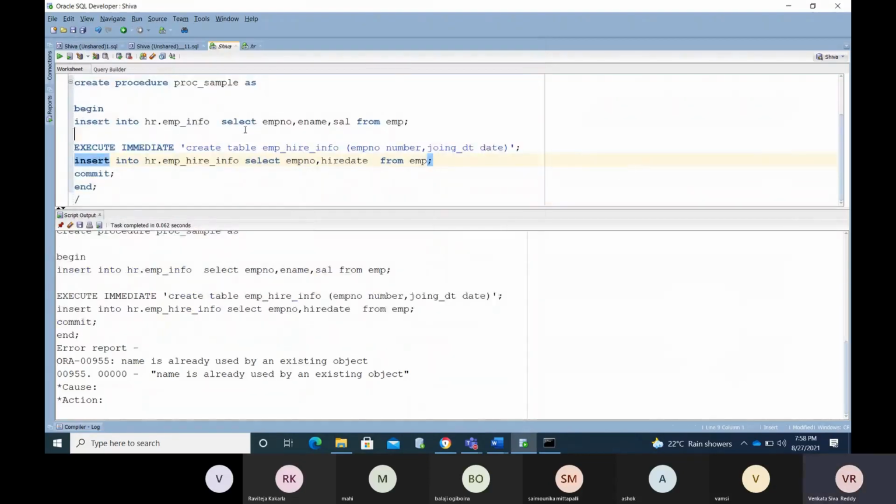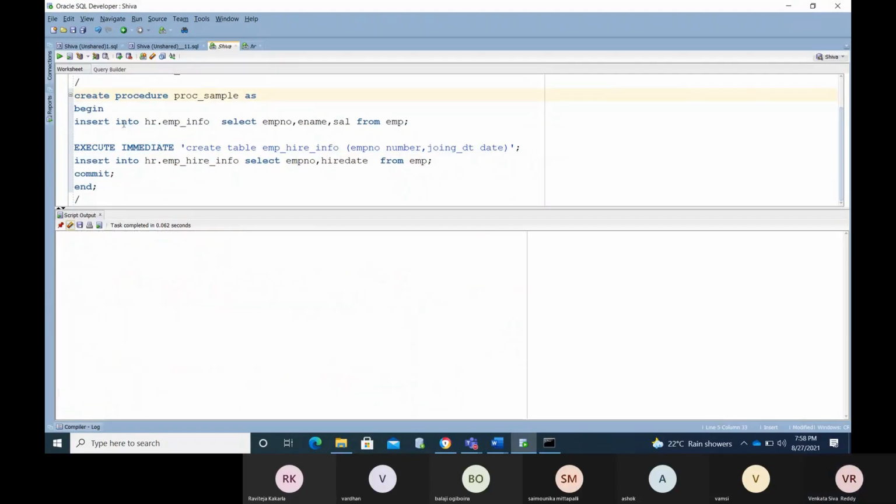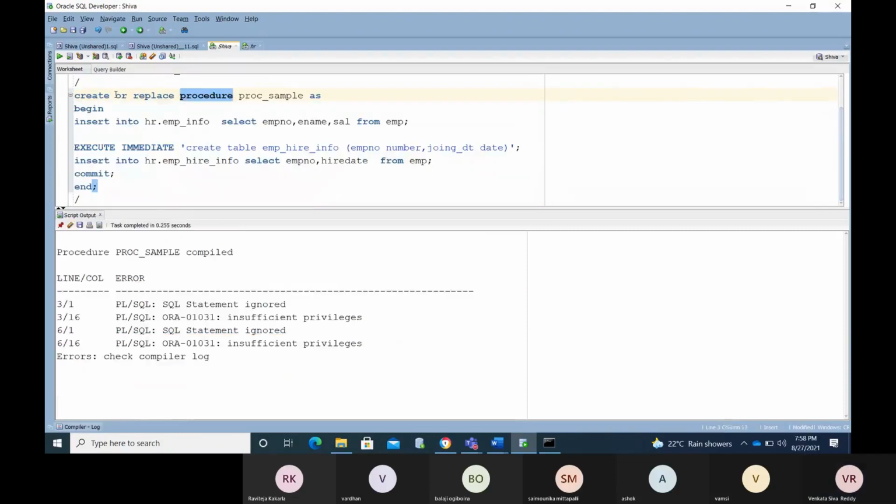Now it is showing that the procedure name is already used by an existing object, proc_sample, so use create or replace. It is also showing insufficient privileges, regarding what?